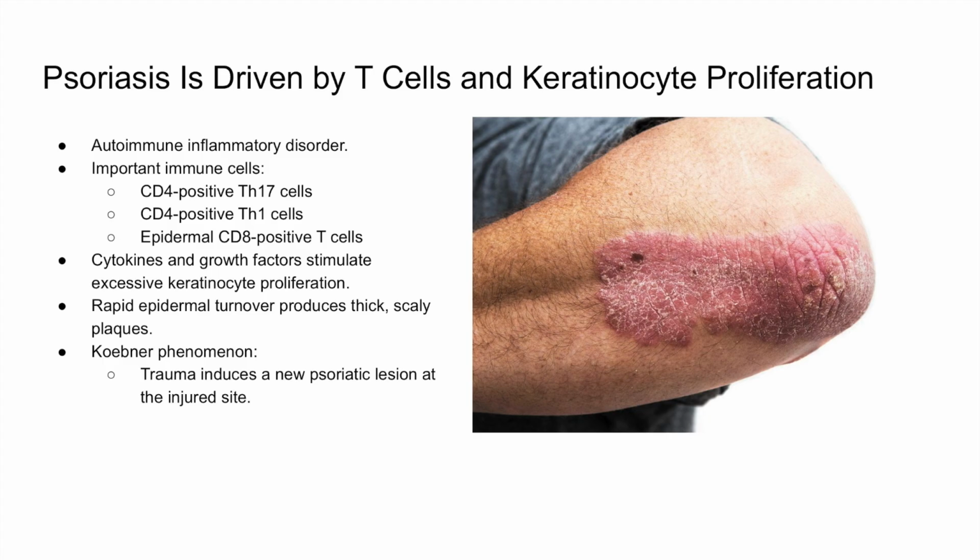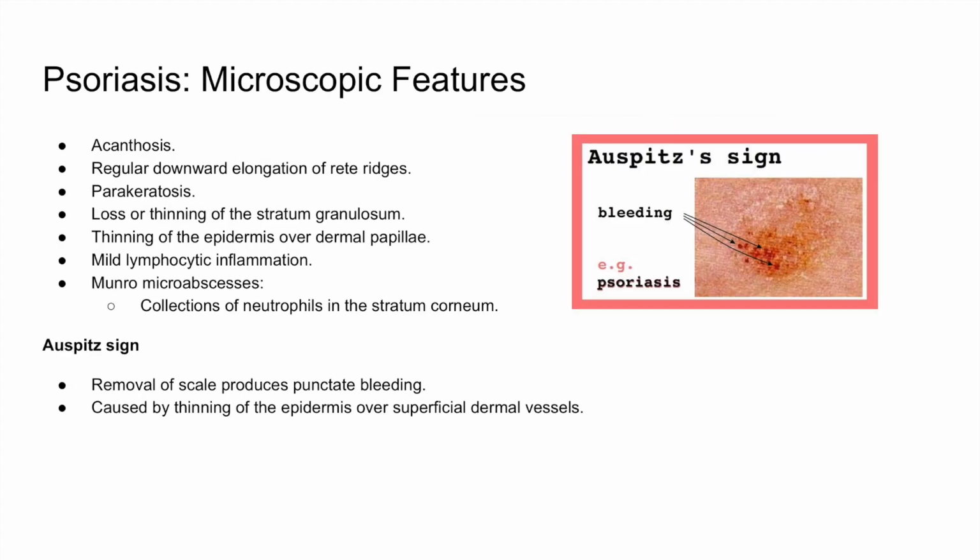Guttate psoriasis, for example, may follow streptococcal infection. The major concept is that psoriasis is not simply excessive skin production, it is immune activation that drives excessive keratinocyte proliferation and persistent inflammation. All right, so microscopically, psoriasis produces regular psoriasiform acanthosis with elongated red ridges extending downward in